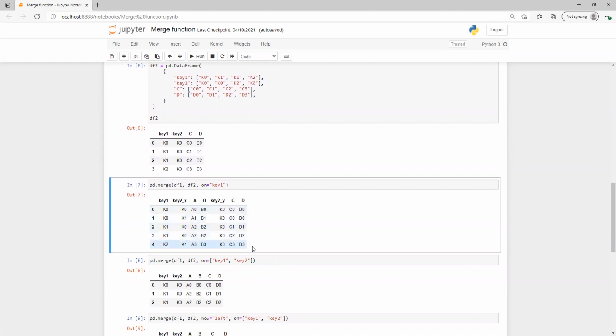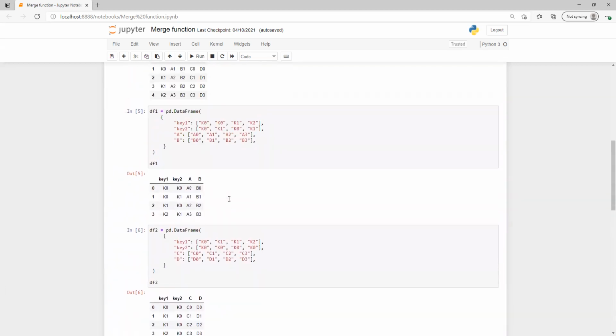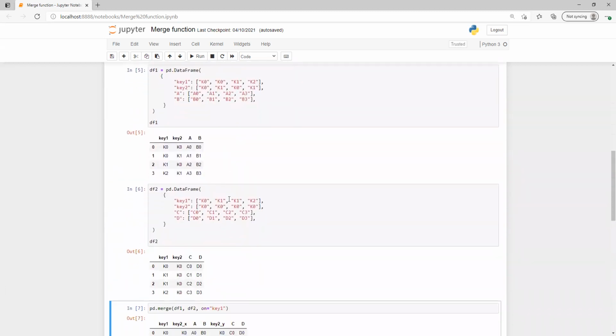Similarly, it's checking, sorry, my bad. So here K0, K0, K1. As we go here again, we'll see K0, K0 here, and K0, K0 here. So one row came. Now K0, K1 we don't have in the second one, so this row will not be considered.